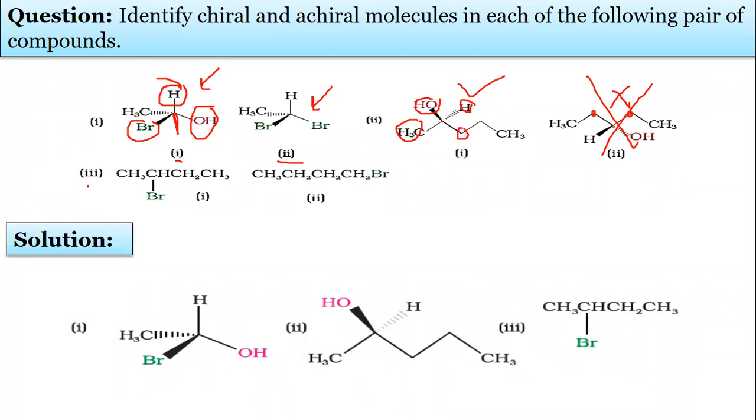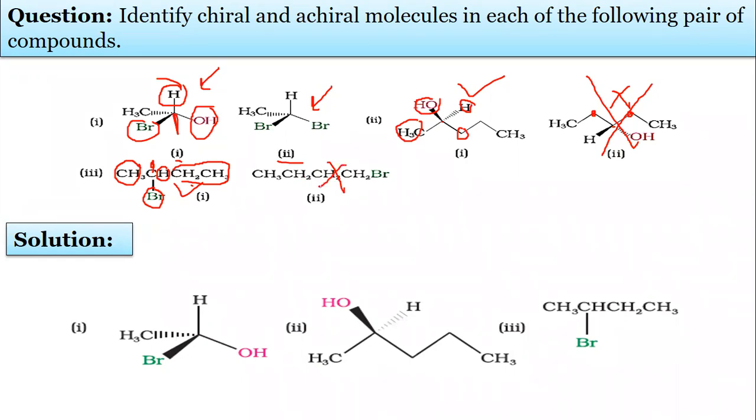Okay. Now in this third compound, there are two structures given. This is 1 and this is 2. So which is chiral in this? This one is chiral because this carbon is chiral. I will show. This has one CH3 group, one bromine attached here, one hydrogen attached above, and this C2H5. So this has the chiral carbon, and this is not